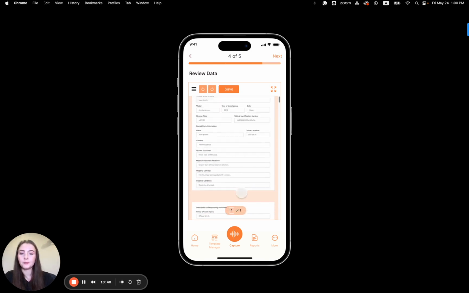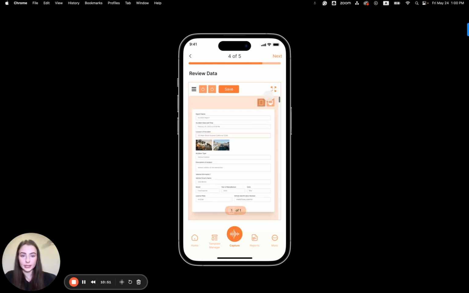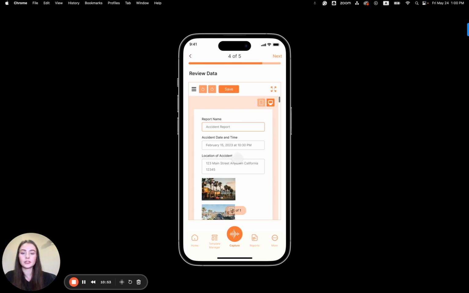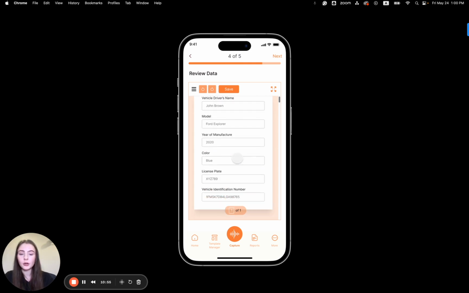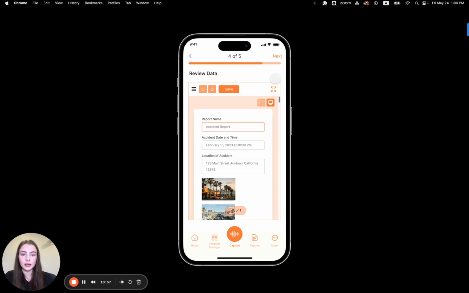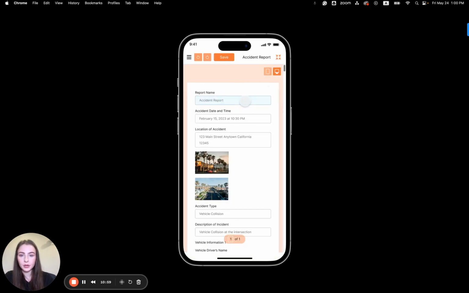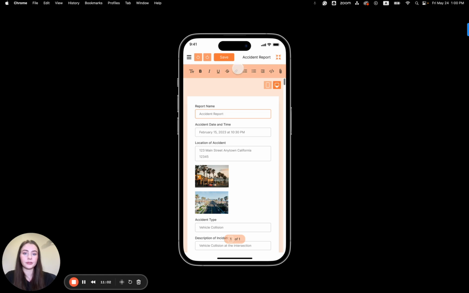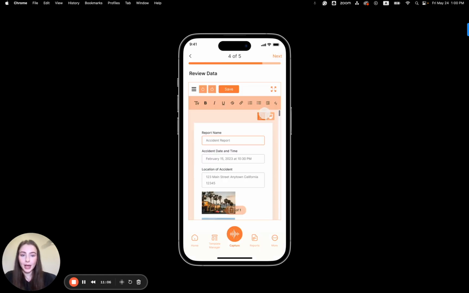So we have this view. We can always switch to a mobile view, so something a little bit more readable on the mobile phone. We can also open it up. We can edit the fields. We have some basic editing options. We can then go back and